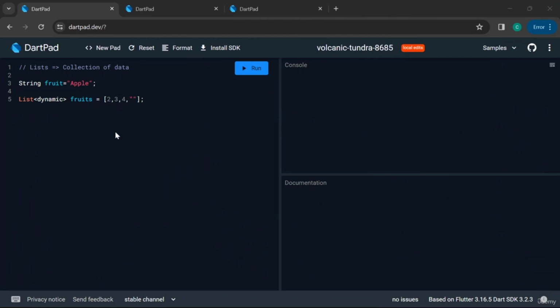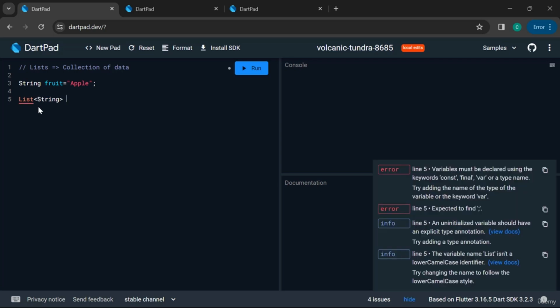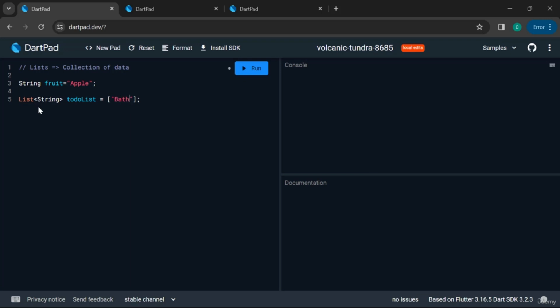So now let's create a list that is relevant to our to-do app. So let's remove this and create a list. As the to-do list is a collection of strings, the data type will be String, and then the variable name will be todoList, and it will be enclosed by square brackets, and inside of it we will have the list of to-do items, alright? Now there are different things that you can do with a list, for instance looping the list, getting the length, and so on. So let's create an entry point, void main,